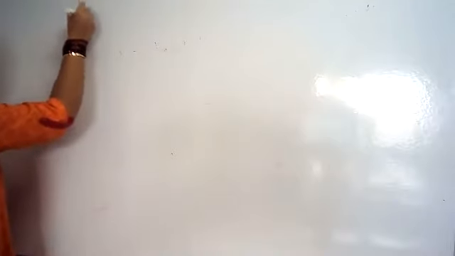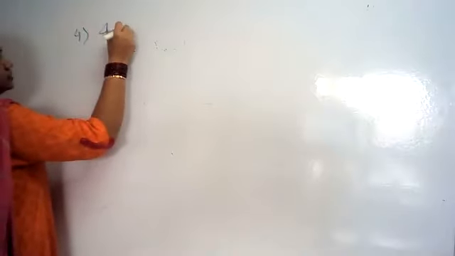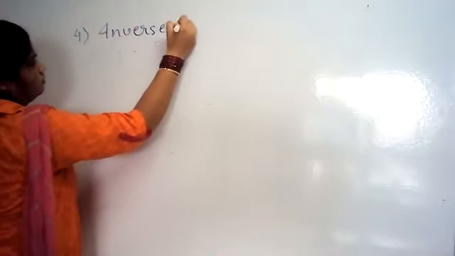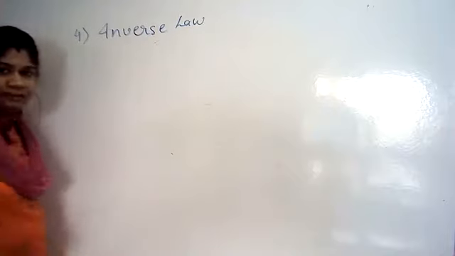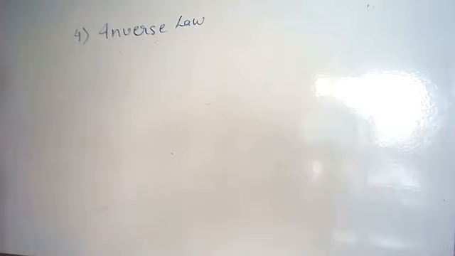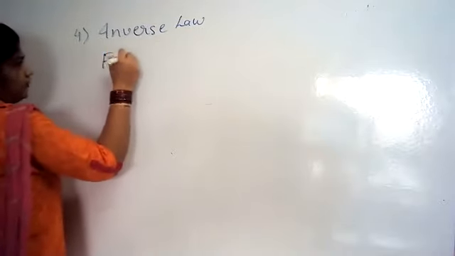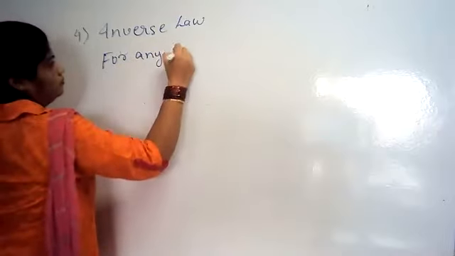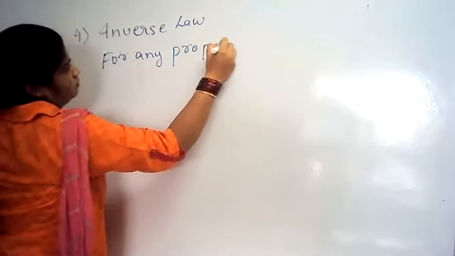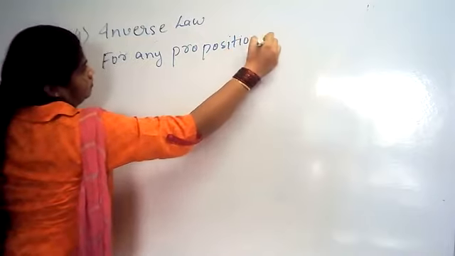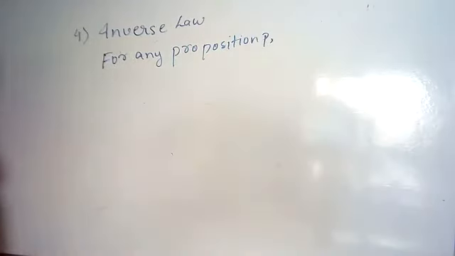Coming to the fourth law, this is the inverse law. We have studied identity and idempotence. The fourth law is the inverse law. We'll see what this inverse law is. Again, here also T0 means tautology and F0 means contradiction. For any proposition P,